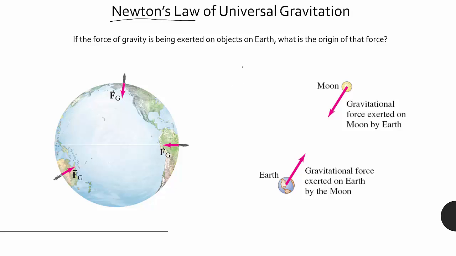The famous story of him being in the orchard and being hit by the apple probably didn't happen, but he might have seen an apple fall. And the realization that he had from that experience was that the same force that attracted objects on Earth, which tended to pull things always toward the center of the Earth, regardless of which side of the Earth you were on, was the same force that held the Moon in orbit around the Earth. And so linking some terrestrial objects or properties with celestial properties was kind of a giant leap and was pretty revolutionary.